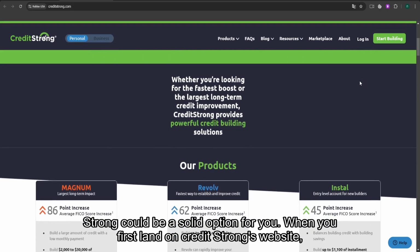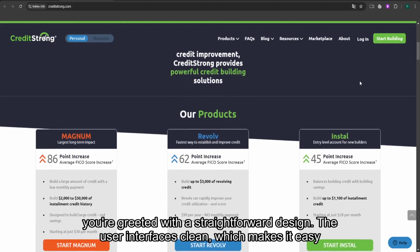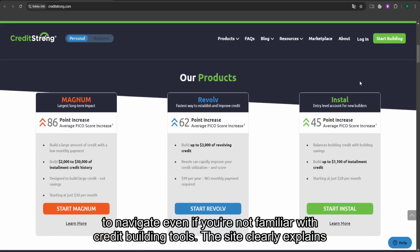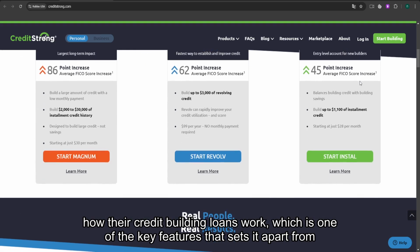When you first land on CreditStrong's website, you're greeted with a straightforward design. The user interface is clean, which makes it easy to navigate even if you're not familiar with credit building tools. The site clearly explains how their credit building loans work, which is one of the key features that sets it